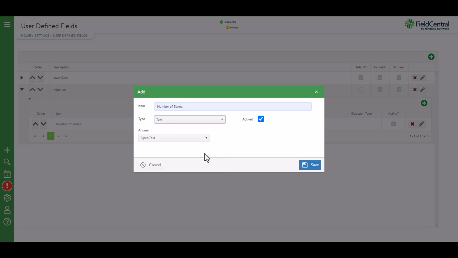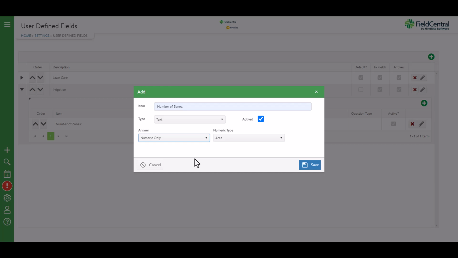It is important to note that if you are utilizing UDFs to set up a price matrix, only text and selection lists can be used to configure these matrices. Once the type is selected, you can further configure by either specifying what type of text answer will be permitted or by providing options to select from. If you select a yes/no, signature, or picture type, no additional information is needed to create this UDF.